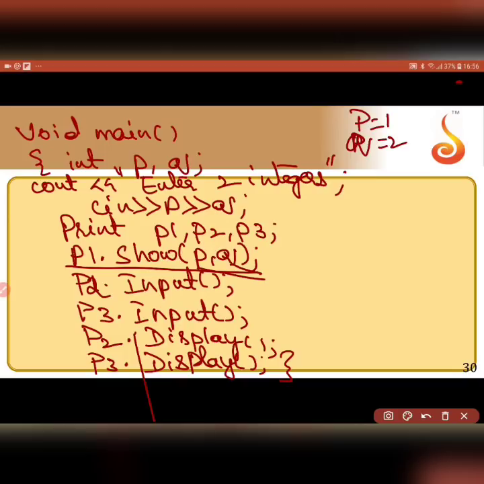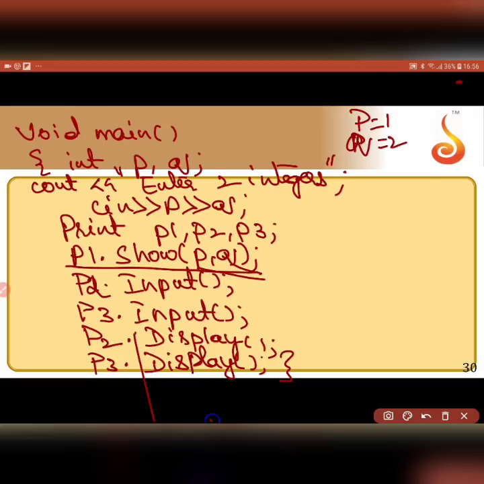And what is it here? p and q. The names need not match, but how many parameters were there? Two parameters, int and int. Here also I am passing two parameters, int and int, in the same order, same number of parameters and same data type. So the name of the actual parameter and the formal parameter need not be the same, but the data type, the number and the order should be the same. So I am passing p and q. For example, as a user, I imagine I have entered p is equal to 1 and q is equal to 2.